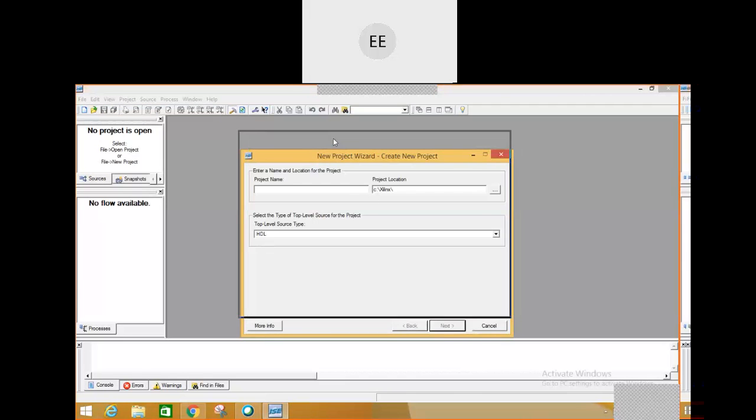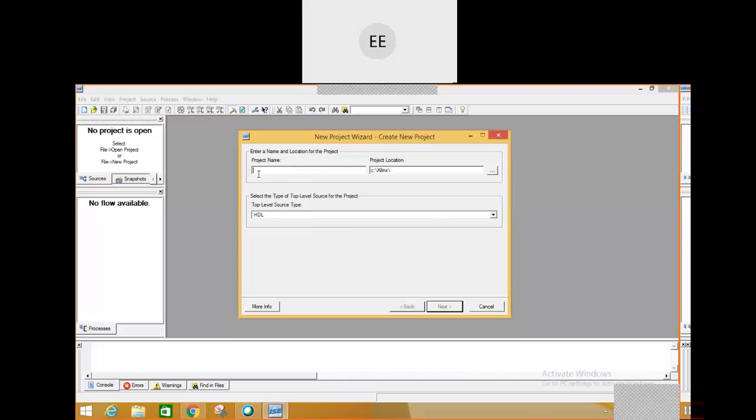Okay, so let us do the same thing now here. I'll go to file. I'll open a new project. To start with, I'll open a new project. Otherwise, I can keep on adding the files to the same project. Okay, so now I have started with, so I'll select a new project. When I open a new project, it asks me to give the details of the project. That means what is the project name I want to keep and where exactly I want to save my project. Okay, so I'll give a name as adders.